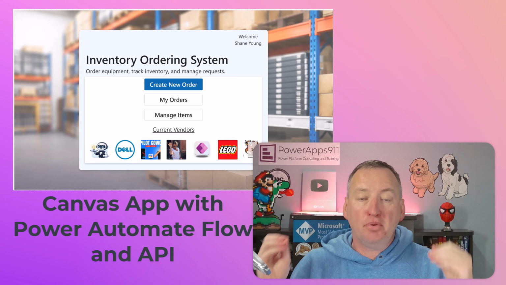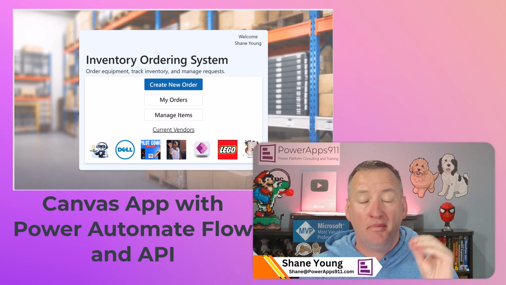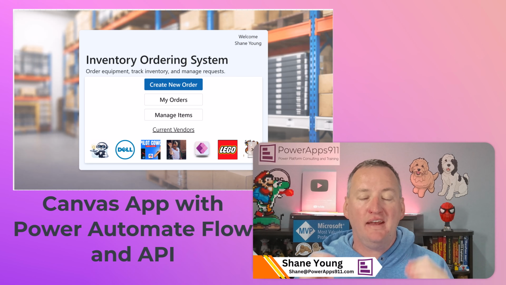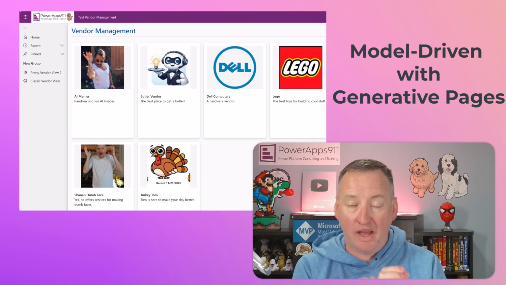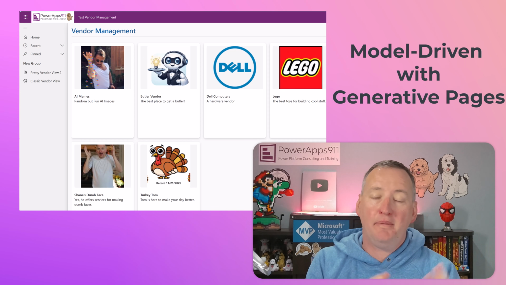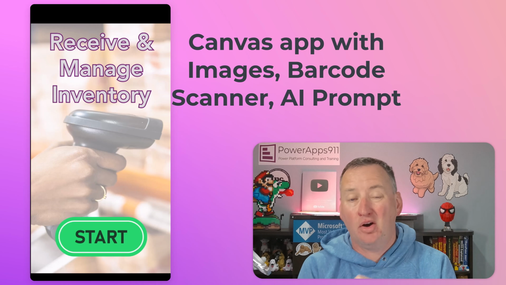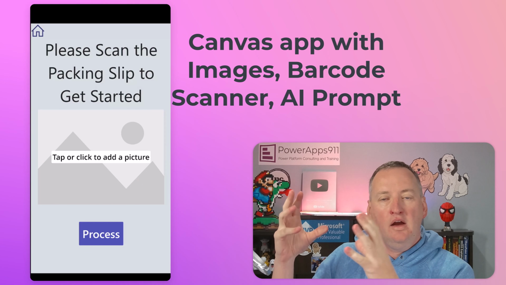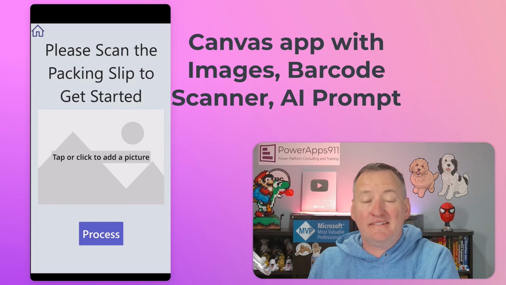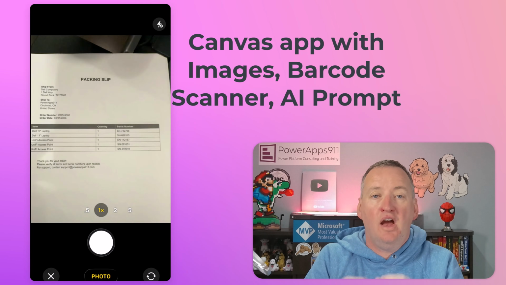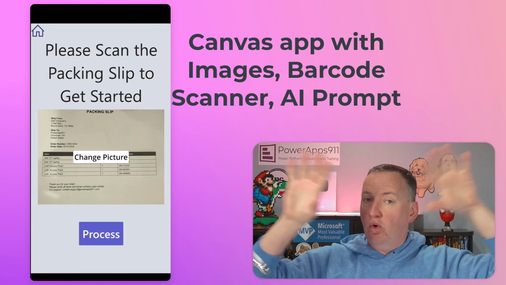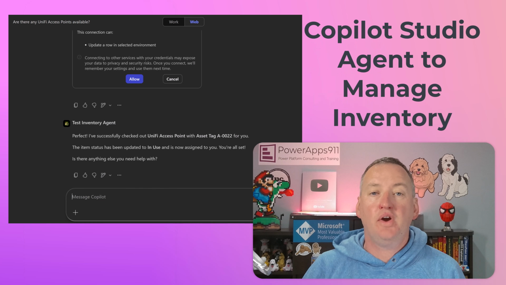Today, let's look at a complete inventory management solution from end to end, built 100% in Power Platform. It's got model-driven apps, Canvas apps, a mobile app, a barcode scanner, a Power Automate flow that calls a third-party API to get stuff, AI prompts, and a Copilot Studio agent. It has the whole platform as one big giant story,